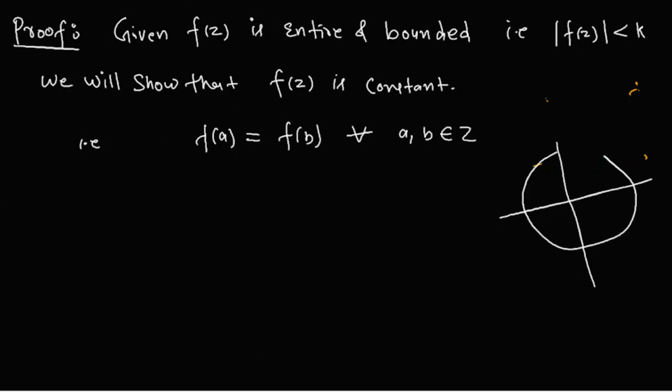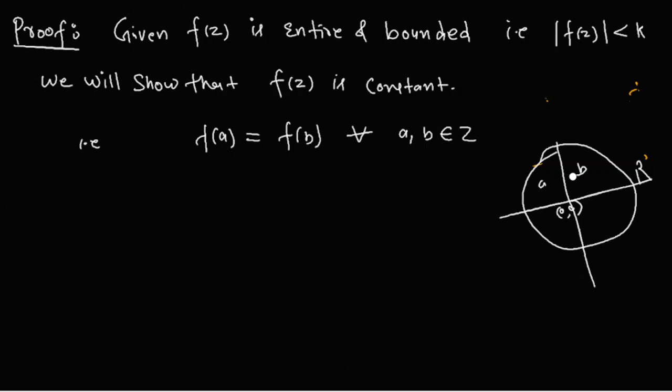This is a circle with radius r and center 0. So center is (0, 0) and radius suppose is r. Okay, and suppose a and b are 2 points inside this circle, a and b. Now by the Cauchy integral formula, I know that if 2 points lie